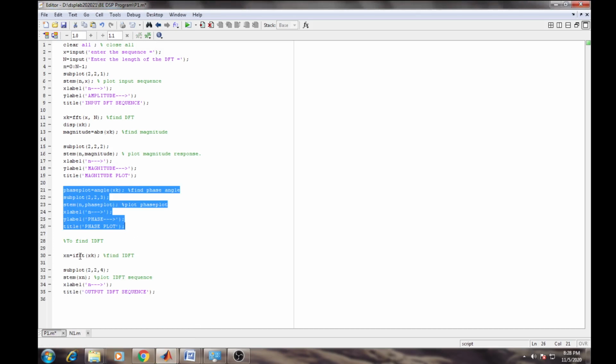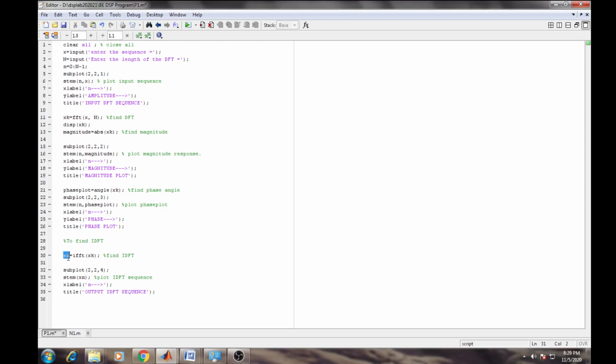To find the IDFT, we go for the inverse process. We do the reversion process from the DFT back to the original sequence, so that process is called the inverse discrete Fourier transform. With the help of this, you will get the original x of n sequence.